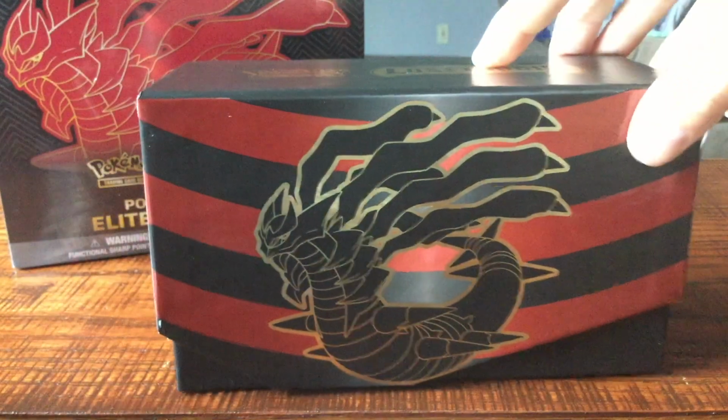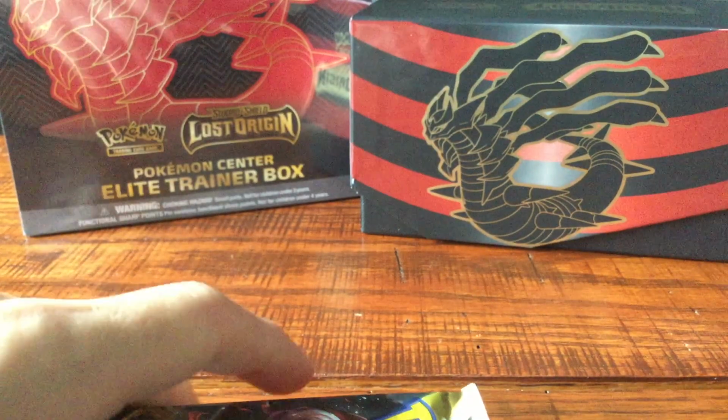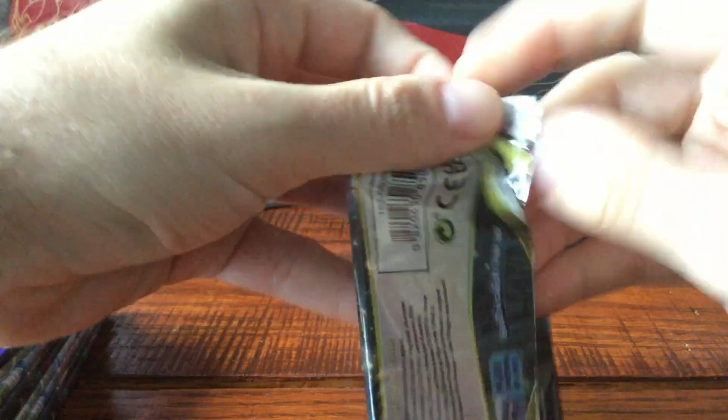I do want at least one copy of that great Gastrodon artwork. I would also really love to have one of the full art Vs that I'm looking for, either the Aerodactyl or the Rotom. I know those are incredibly rare and not likely to be pulled, but those are my chase cards. But overall, it is a beautiful set, so let's go ahead and get started in opening these packs and